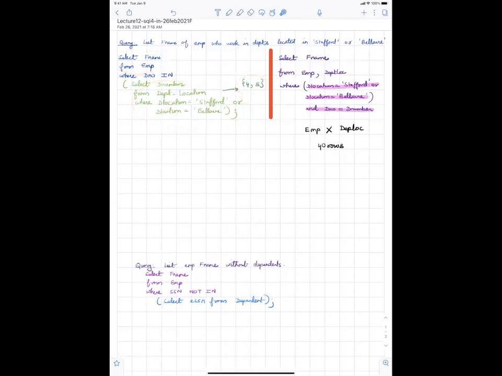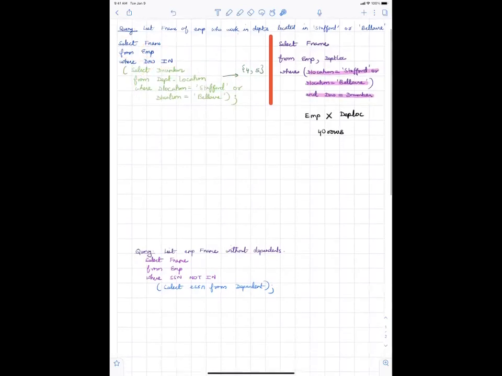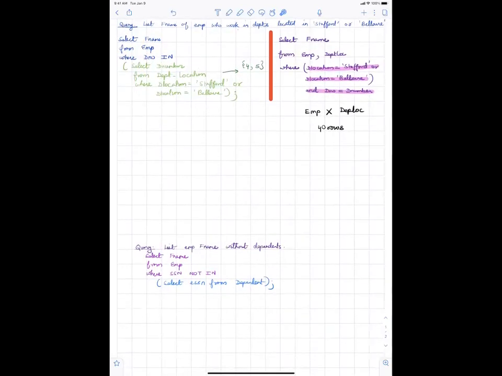So it'll pick up the first row, check whether the D number is 4 or 5, then does the second row, and so it parses through the employee table row by row and checks it. So while the output is exactly the same in both cases, the way it's computed is very different.